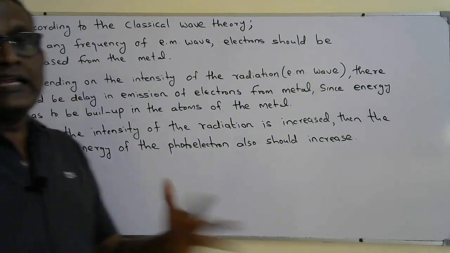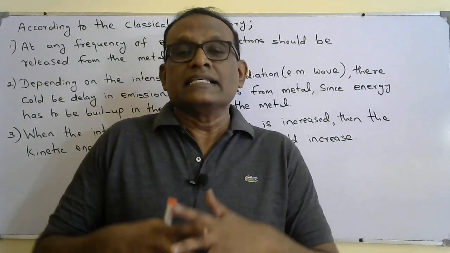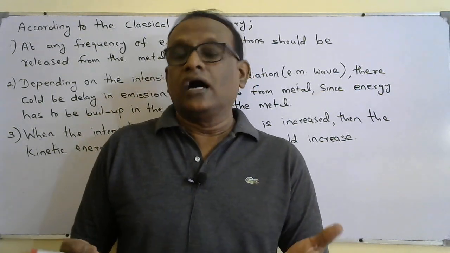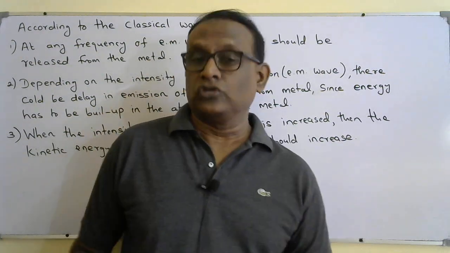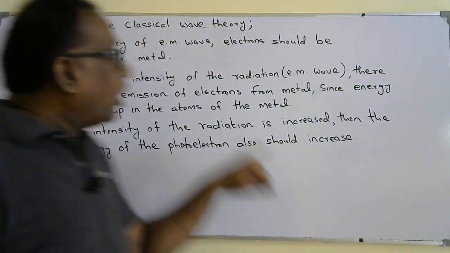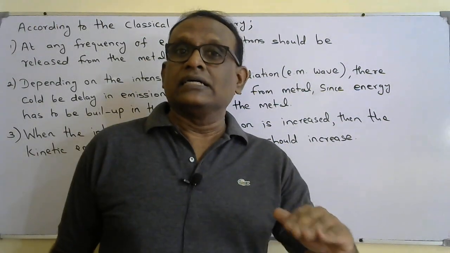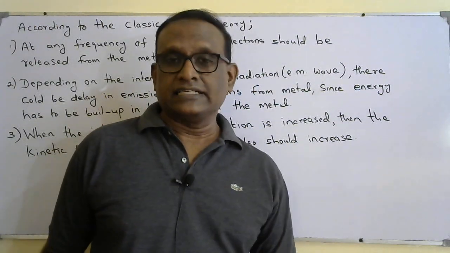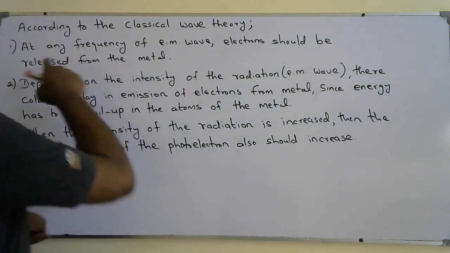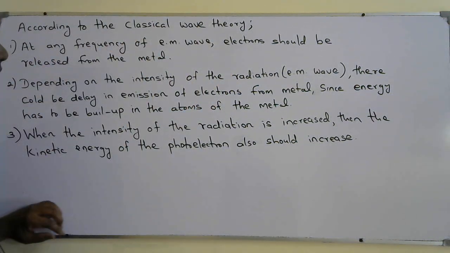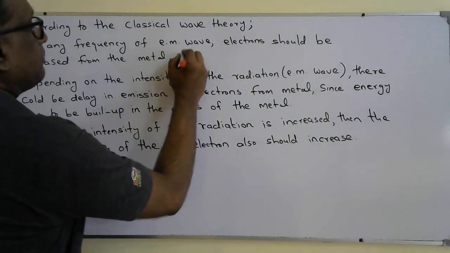But what happened? Why do we say the classical wave theory is unable to explain the photoelectric effect, or is failing to explain the photoelectric effect? Because all these three observations are not tallying with the actual observations related to the photoelectric effect. Actually, the first one, that electrons should be released by any frequency of electromagnetic wave, is a wrong thing, because practically